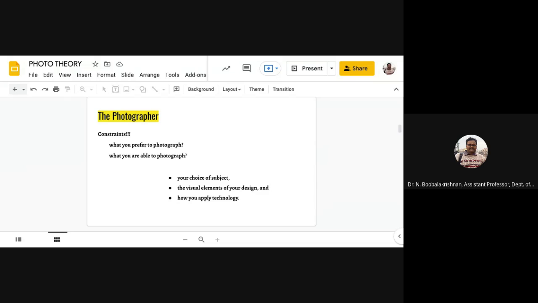Here you are taking pictures for your client, so you may be required to fulfill their objective. The shooting circumstances at various locations impose additional constraints. With advertising photography, there is a clearly defined target audience.